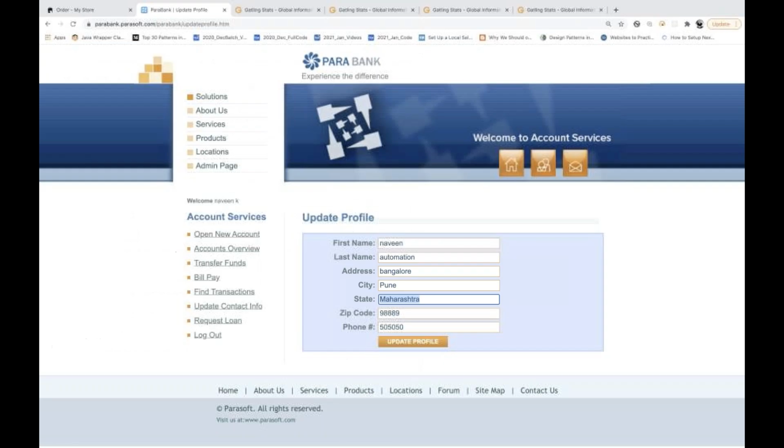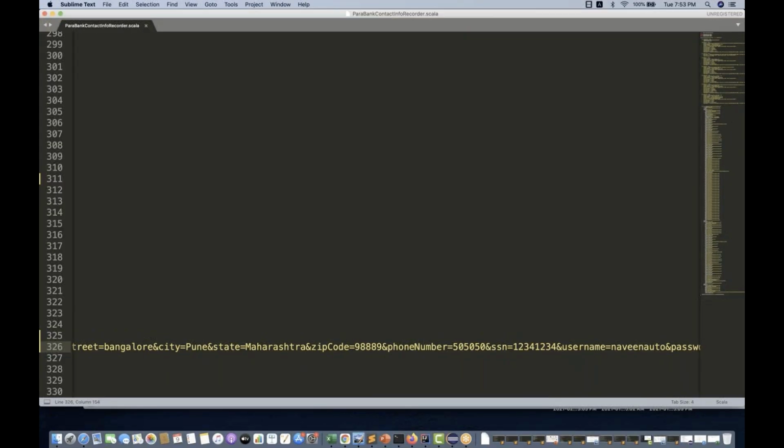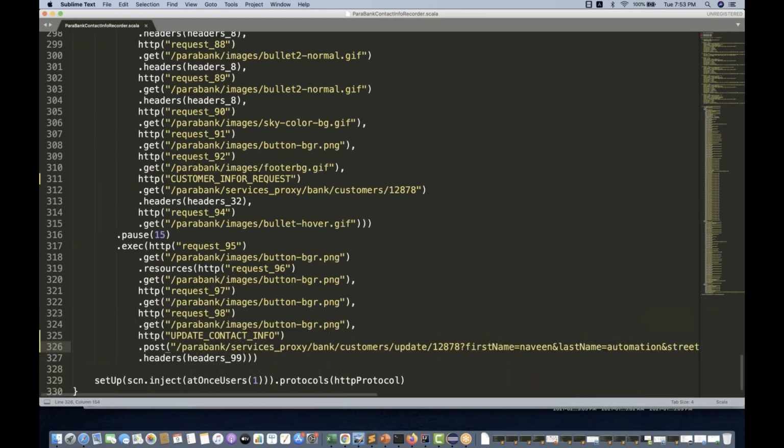So this is what you have to do, guys. I have given you multiple scenarios: positive, negative, update, post, get, and all those things. I have given you these from the web, from the HAR file. In the next session, I'll tell you how you can record directly from the recorder, how you generate the Scala file, and then run it. And then we will start the actual scripting part later on.